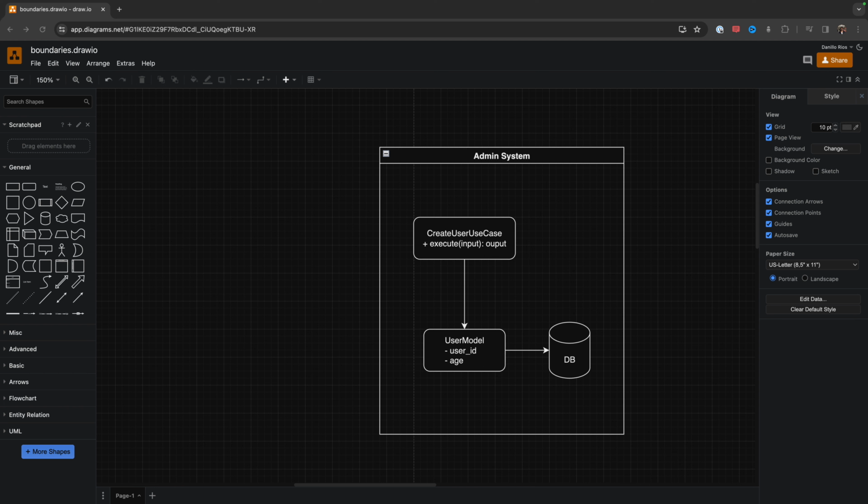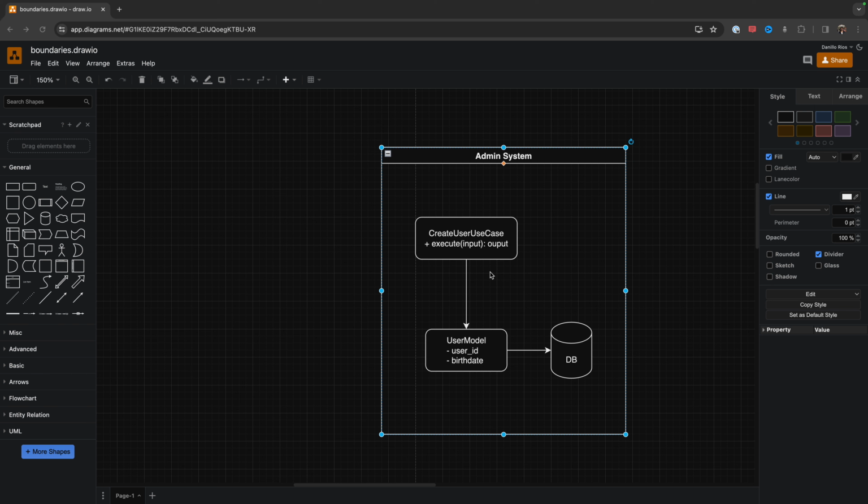For example, if you change a field's name, from age to birth date, and the use case is using this field, we'll need to change it here also. Okay, this is a coupling. Okay, guys, pay attention here because this is very important. Why does something about the database impact the business rules? Why does something about the database impact the use case?